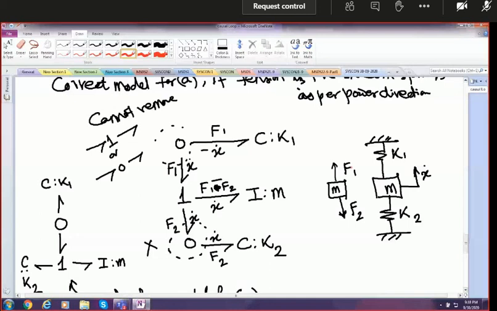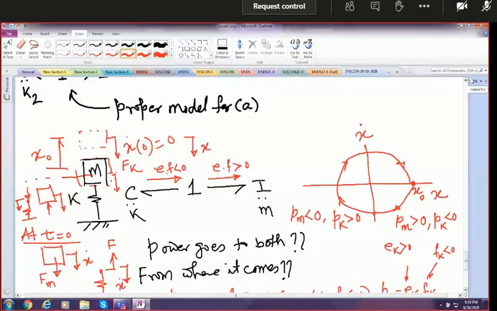But our power direction in the picture is a convention. By convention we put that power is going to the mass. That is our positive convention. But actually, one will be negative and one will be positive. It switches back and forth between C and I. So it is like potential energy to kinetic energy conversion and then back to potential energy. What I want to mean is the power direction doesn't necessarily mean that power is actually going that way. That is a conceptual mistake. Power changes. It's not fixed.